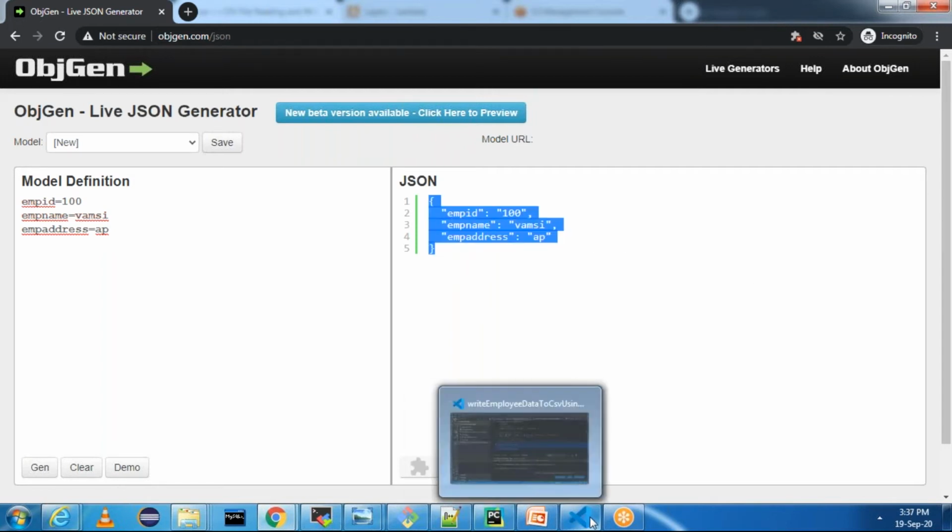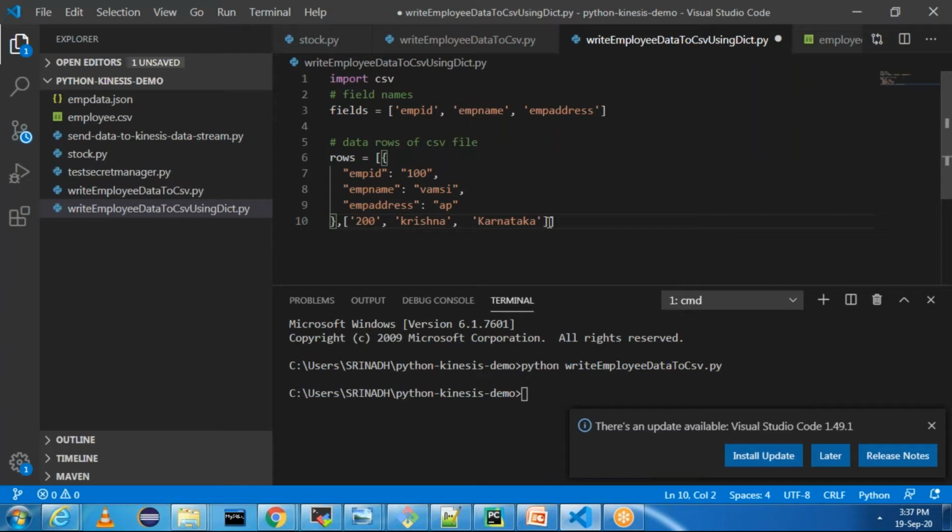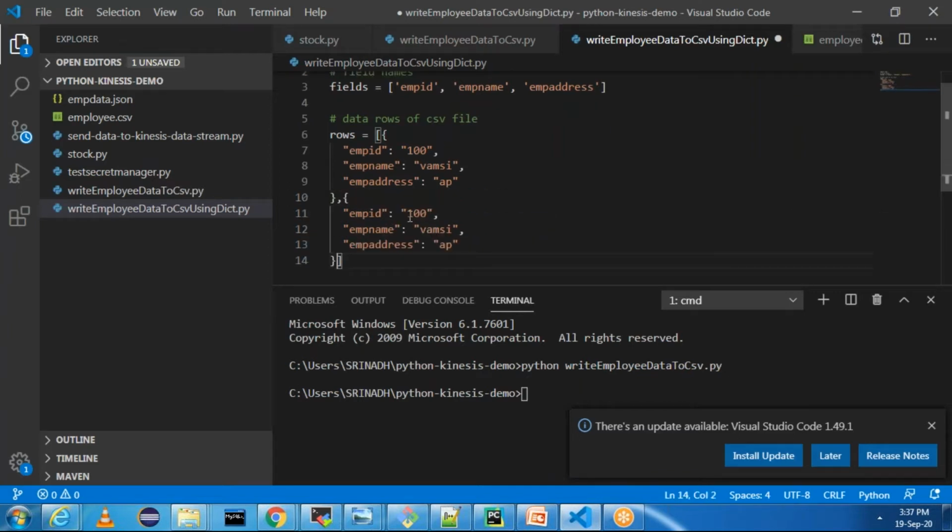Copy this and put it here and remove this. This will be one record and this will be another record. You can change the data. You can say Karnataka something. Okay, now I have 2 objects.